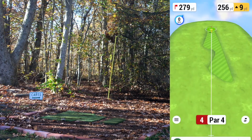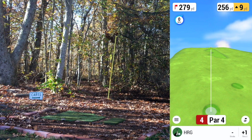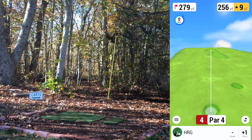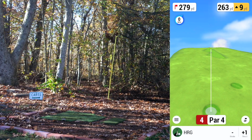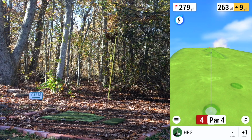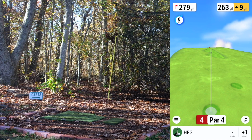Fourth hole, par 4. 279. Pretty wide open again, not a whole lot around, so I'm just gonna leave it there. Actually, I'll go right side. We're up 9 yards again. All these tee boxes, it looks like they're all down and hitting up into these greens and fairways, but